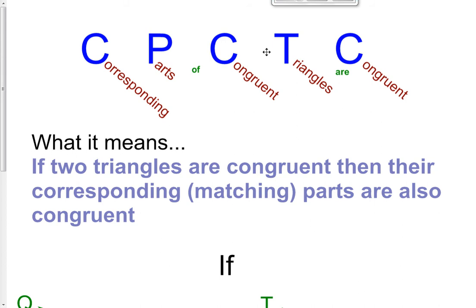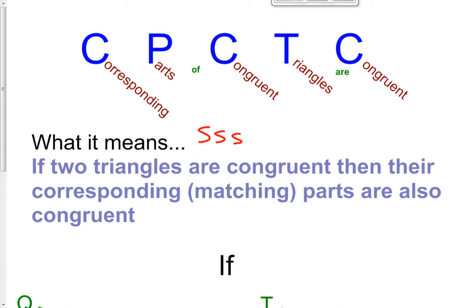Hi everyone, welcome to this video lesson on CPCTC. What we're doing today is more proofs proving triangles are congruent. And we're doing this with an extra step with corresponding parts of congruent triangles that are congruent. So what this means is if we could prove two triangles are congruent to each other, and we do that